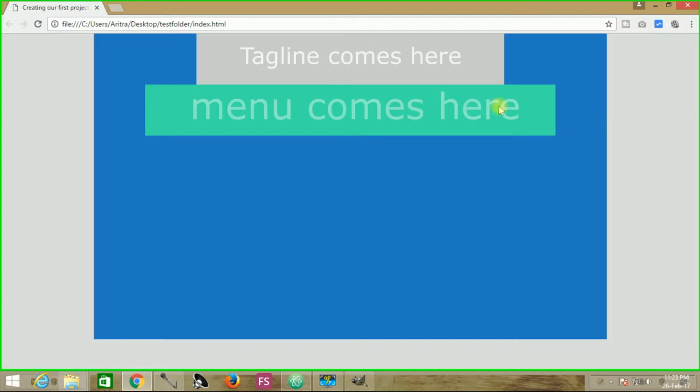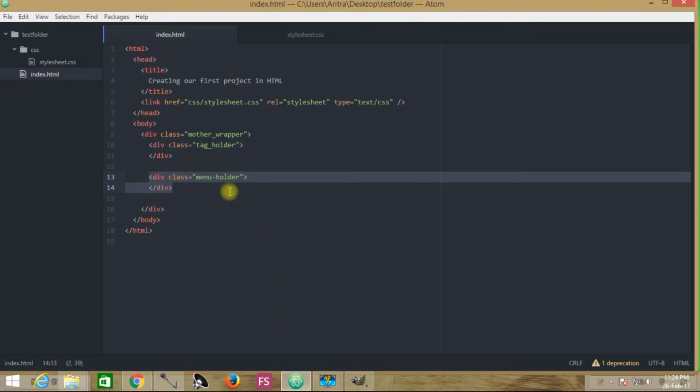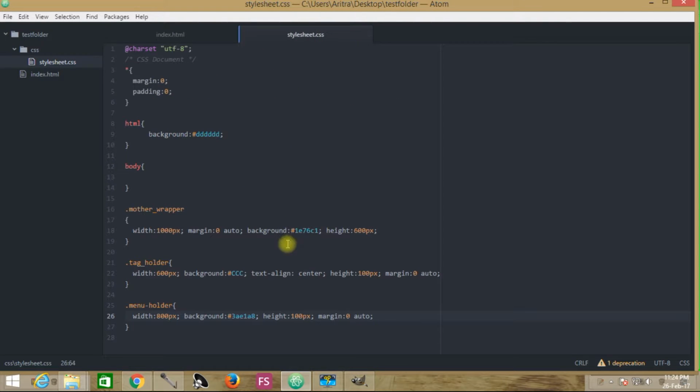Now one thing is sure here: if you want to make a certain gap between the menu holder block and the tagline block above it, then you have to provide some particular margin. Either you may do it over here, like here you may say 10 pixels auto, 10 pixels.